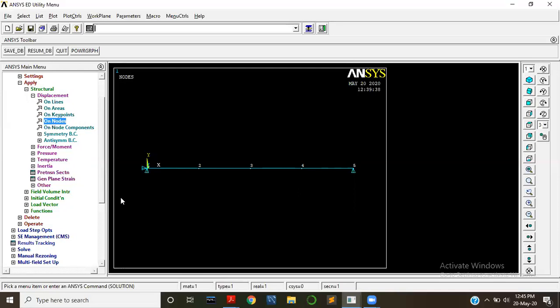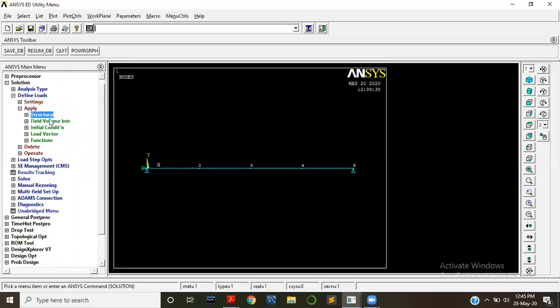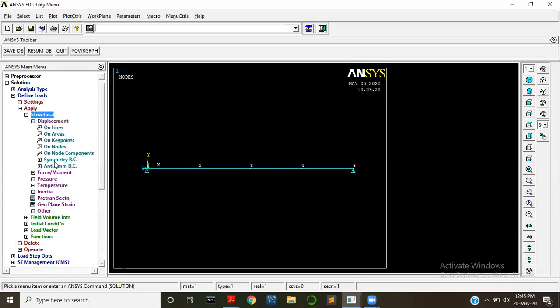Solution, define loads, apply, structural, force or moment, on nodes.